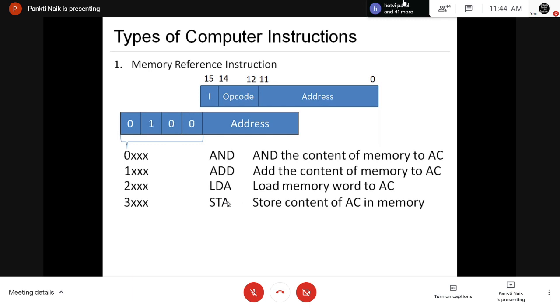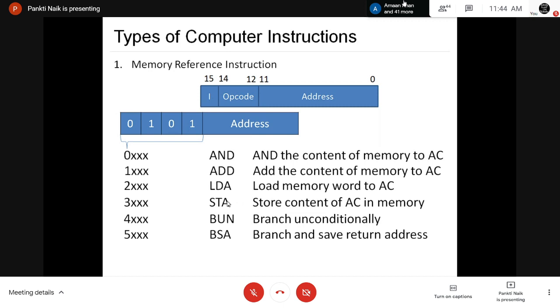Next, if the opcode value is 100, then it is the BUN instruction, that is branch unconditionally. Next, if the opcode bit is set to 101, it is the BSA instruction, that is branch and save return address.